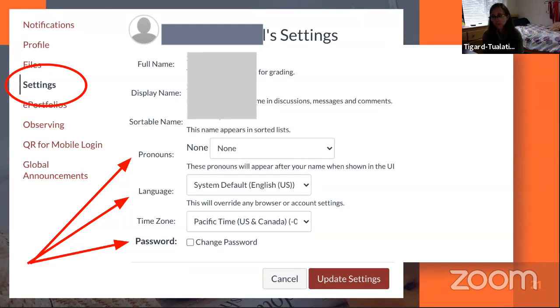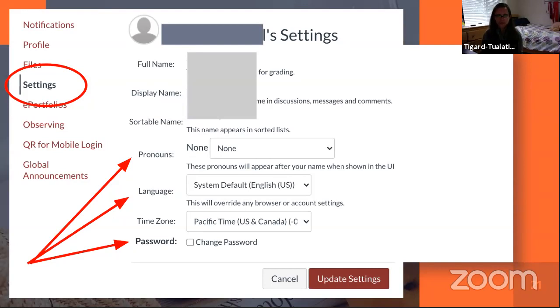One, you can set your pronouns, so you can pick your he, she pronouns, but also importantly, you can pick your language. The default language on the system is English, but if you would like to have Marshallese or Spanish, you can change that in this drop-down menu. What that is changing is the framework and a lot of the prompts within Canvas. It will not change the content that your student sees through the equivalent of the online textbook, but the menu items on the left, the display settings that we're looking at right here would all be translated to the language